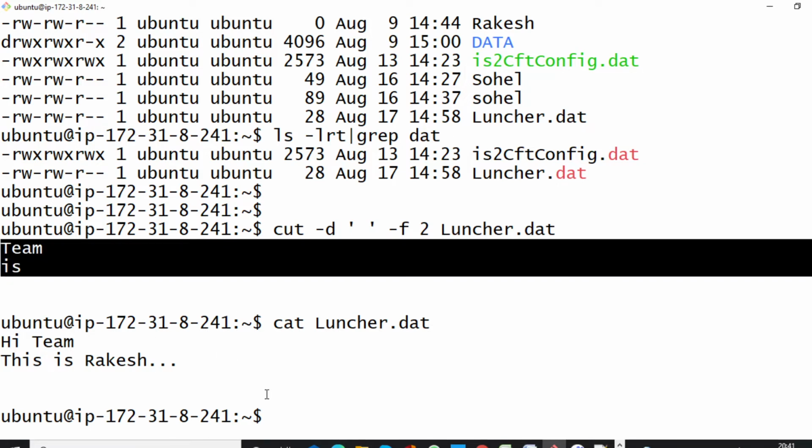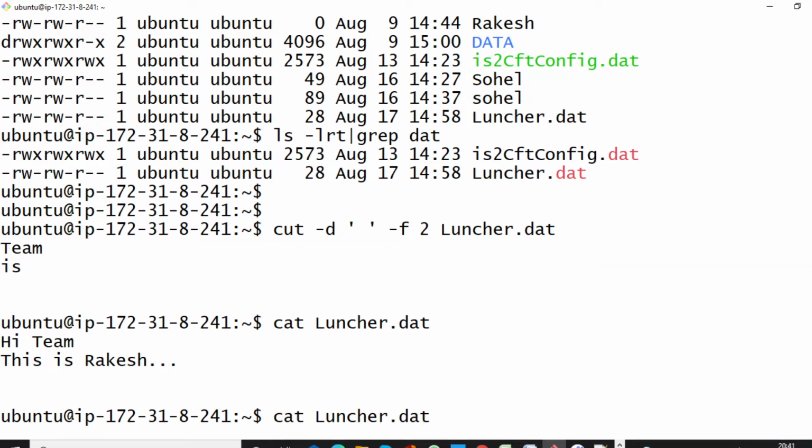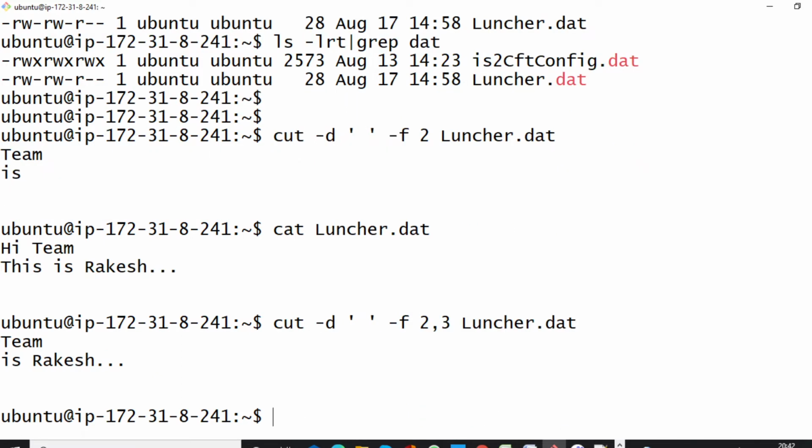Okay, same way, if you want to print the second field and third field, then what will be the output? As in the first row there is only a second field, it prints only the second field. In the second row, it shows the second field and third field.